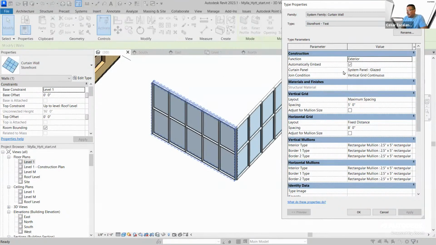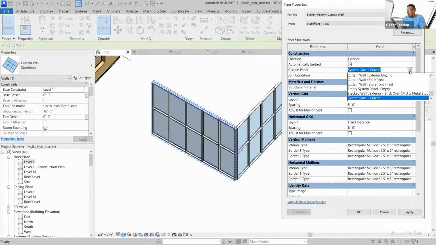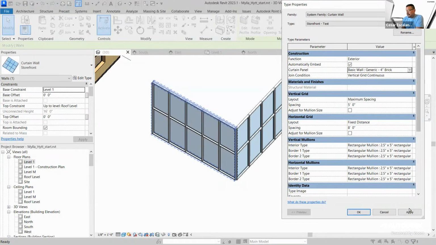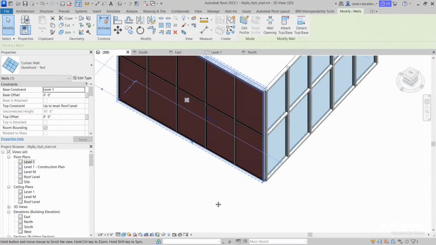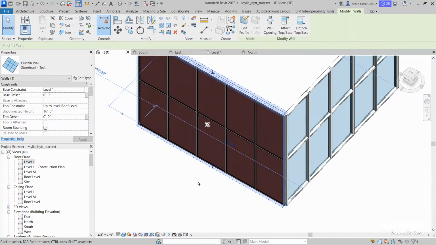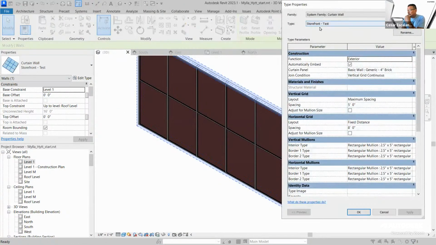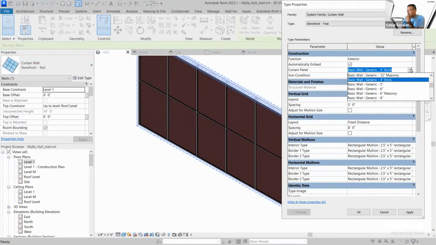So for example, look at the curtain panel. Right now it's glazed. I can replace this with a wall, for example. You can change this with the generic 4-inch brick. And you hit apply and hit OK. Then instead of panels, now I have walls. Again, edit type, I'm making changes in the storefront test. I'm going to return it to the